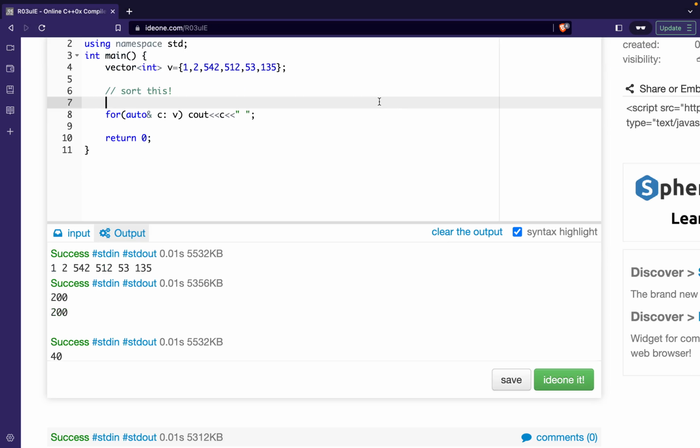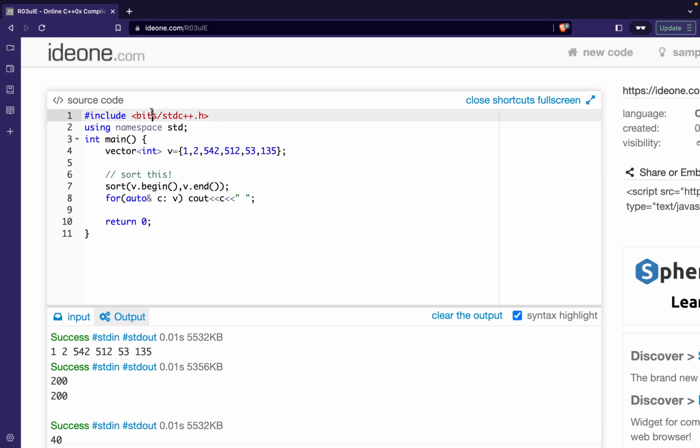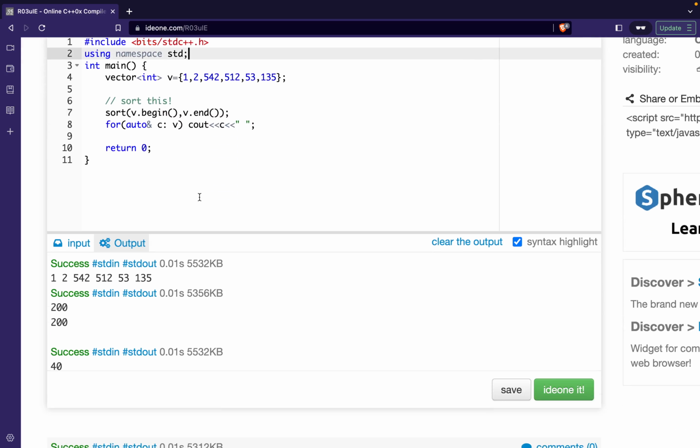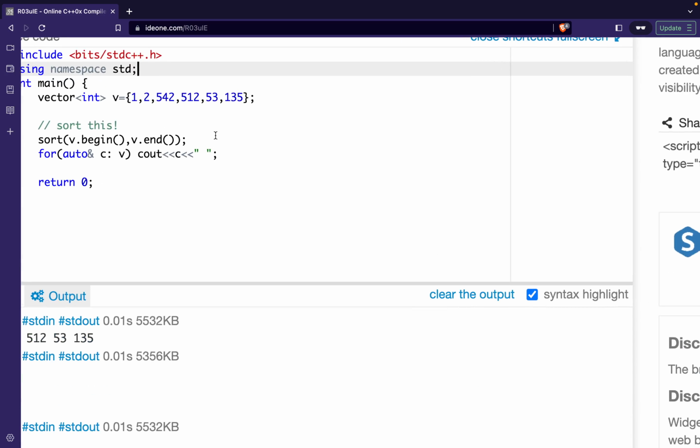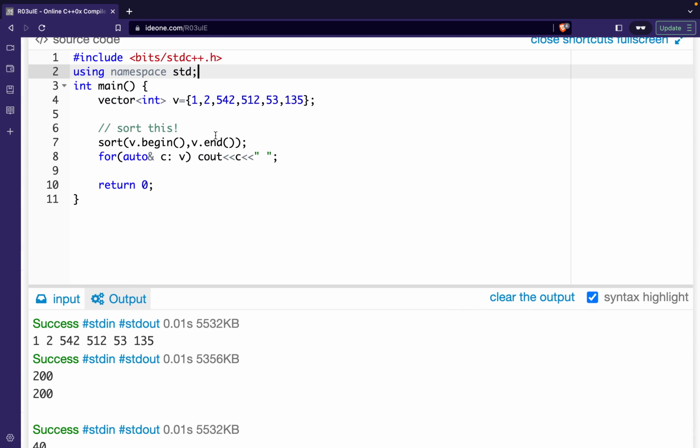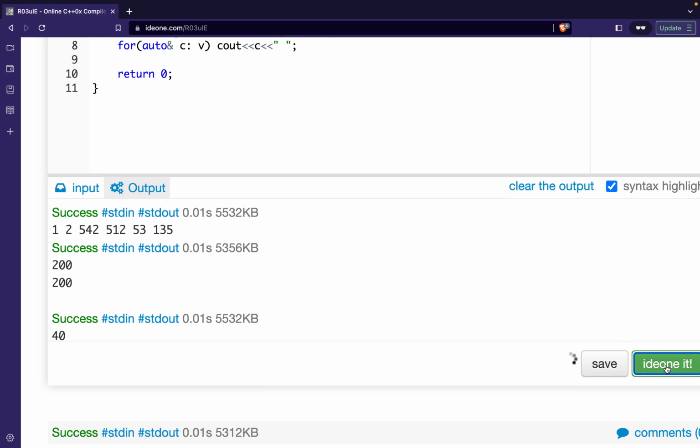So the way I can do that is I can say sort. I can give the initial pointer and the pointer at the end, right. So this function, this small piece of code, would do the sorting work for me. It's already defined in the bits library or the bits header file, so you don't need to worry about the implementation part. It's pretty quick, pretty fast, pretty efficient, and it's always correct, so you don't worry about that. So yeah, as soon as you run it,